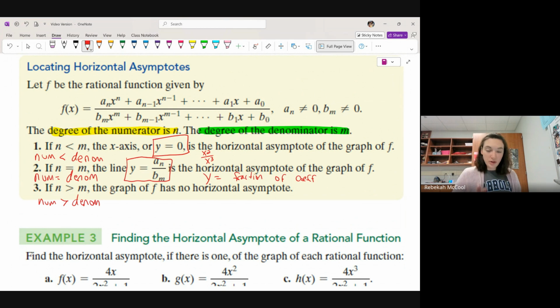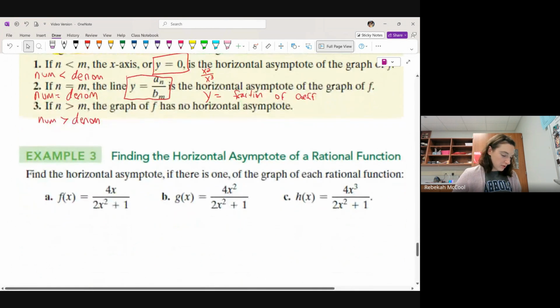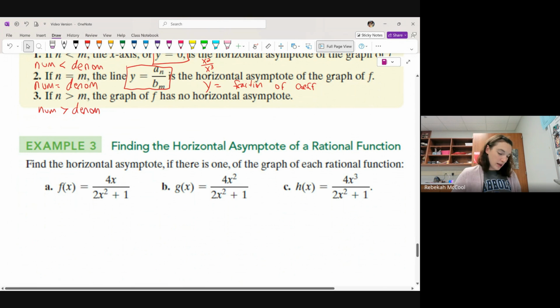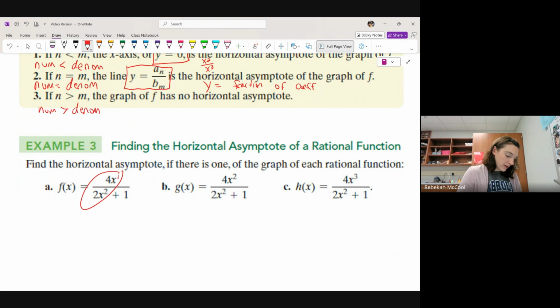So if we're tasked with just finding horizontal asymptotes, which is what we're doing first here, the first thing we do is look at the degree. So for horizontal asymptotes, we look at the degree, our biggest exponent. In the numerator, we have an invisible exponent of 1. The denominator, our exponent, is 2. So if the denominator is a bigger degree, it's at y equals 0. For b,